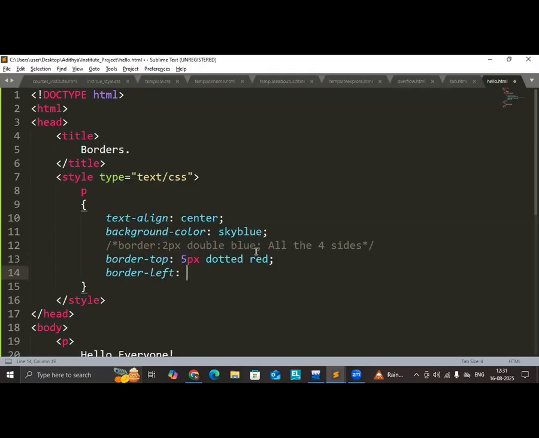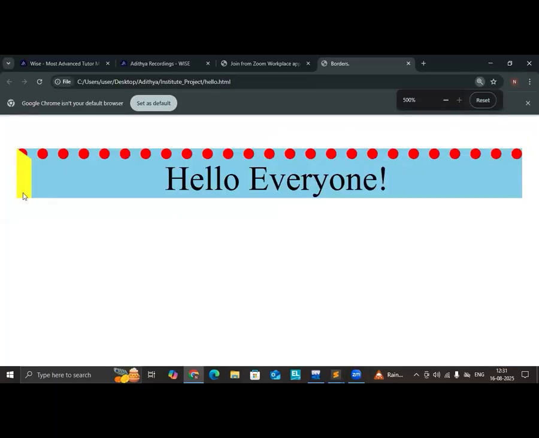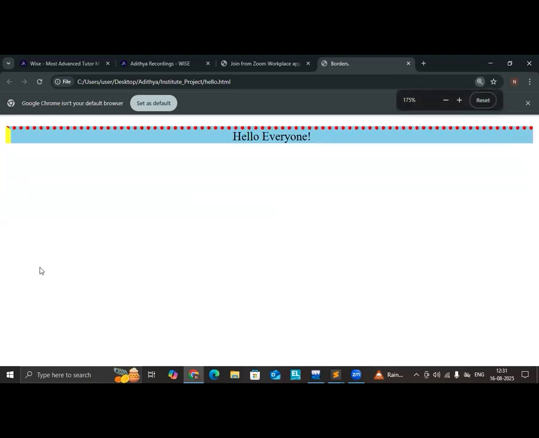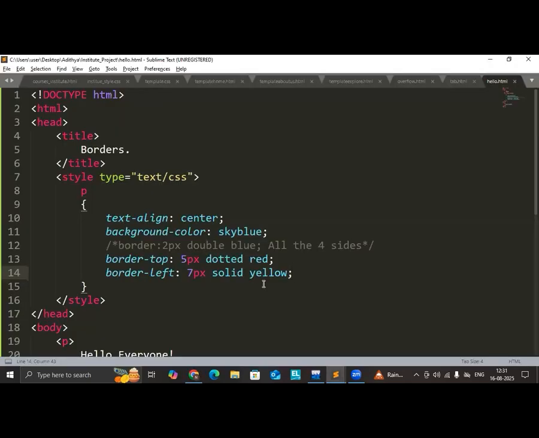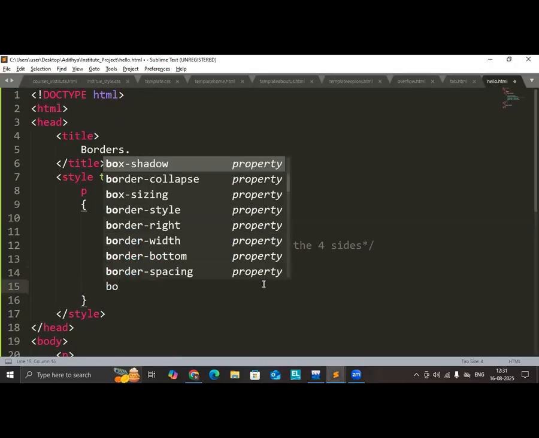left. Okay, border left as 7px I'm taking, 7px dashed. Okay, left is very small. Here I'll use the previous style, solid, and the color is yellow. So save and refresh. See, we are getting the solid style here. Okay, next, here border bottom, we will see